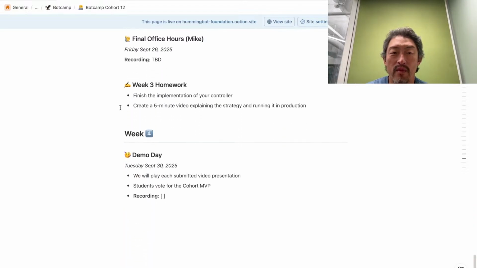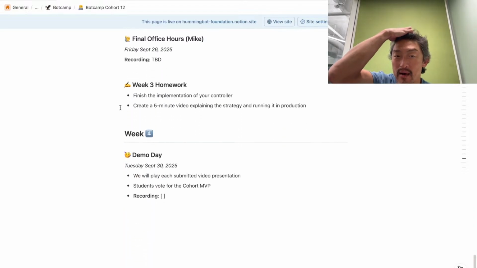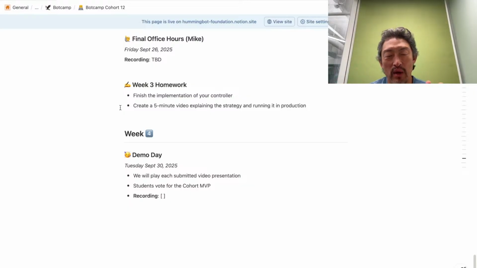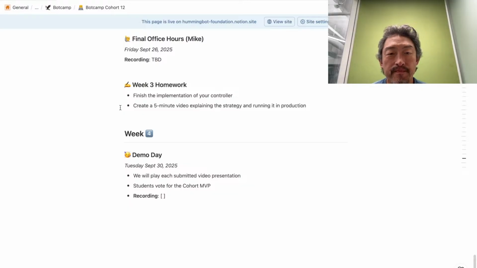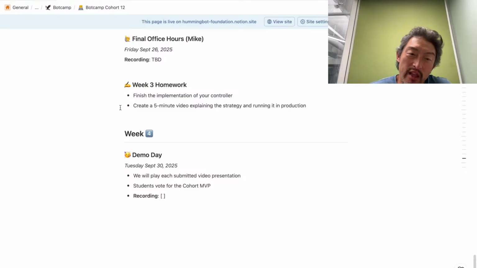And then finally, the last session is demo day. We take the videos that each of the students has presented, and we collate them into one presentation like the one that you saw earlier. After demo day, there's a process where we try to provide the materials that help the students maximize what they learned in the cohort.